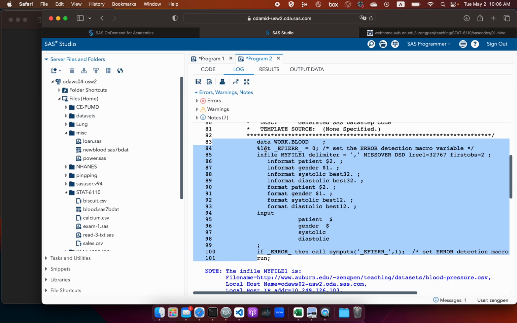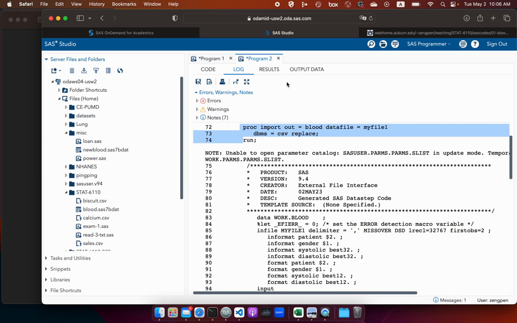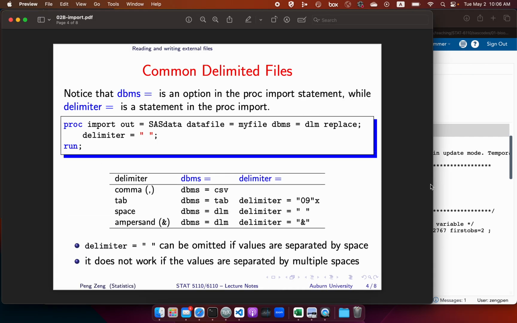We will explain this data step later. Okay, so right now we just used proc import to load the data. Yeah. So let's go back. Okay. Well, let's explain more options